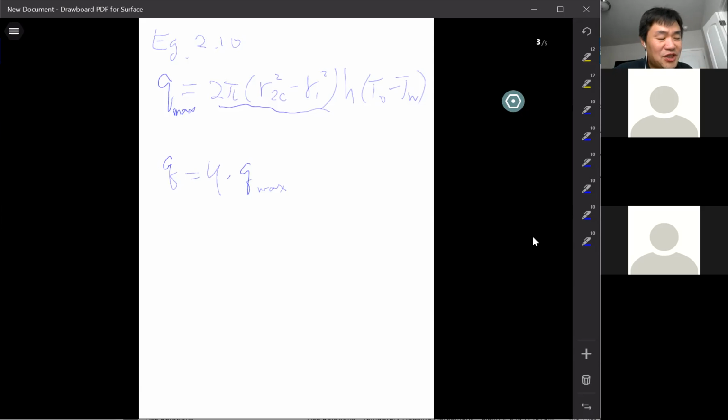Okay. I think pi r squared, basically it's an area, right? The 2 reminds you that actually you have 2 areas, okay? Look at the sketch in figure 2.12. For the fin, the total heat transfer is through the top surface and the bottom surface. There are 2 surfaces,